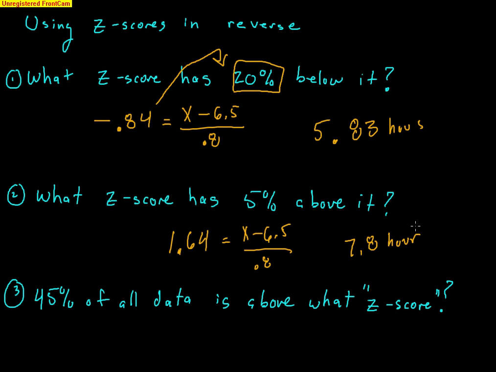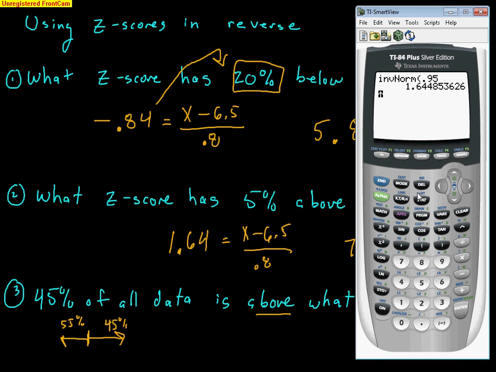Here's one more question, just worded a little bit differently. 45% of all data is above what z-score? Once again, it says above. Well, I have to understand that if I'm talking about a value that has 45% above it, I might as well be talking about a value that has 55% below it. It's the same value. Why is this important? Because invNorm only accepts the percent below. So you need to convert that on your own: 45% above is the same thing as 55% below. That gives me a z-score of